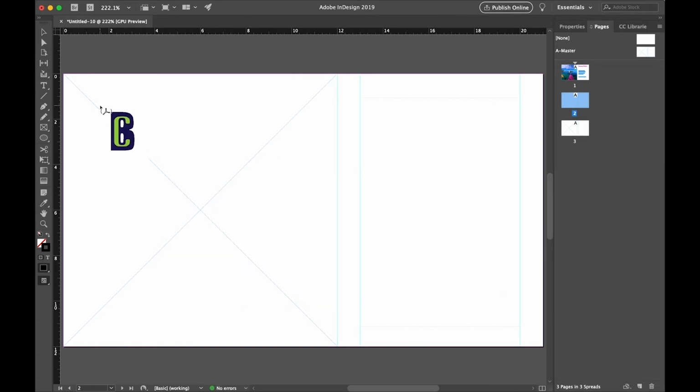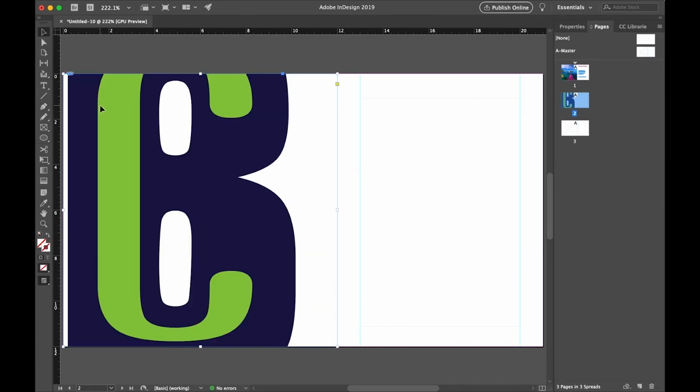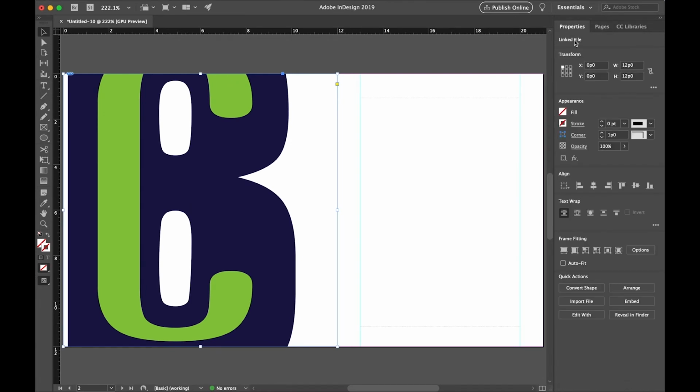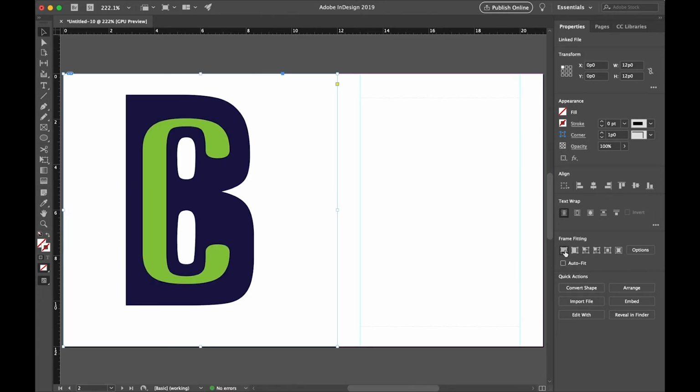Click the thumbnail on the graphics frame on the left-hand side, and again, it's much bigger than the frame. So we'll switch back to the properties and we'll use Fit Frame Proportionally to get our logo centered in that box. Okay, now we'll switch to the Type tool, and we're going to type our information in the box on